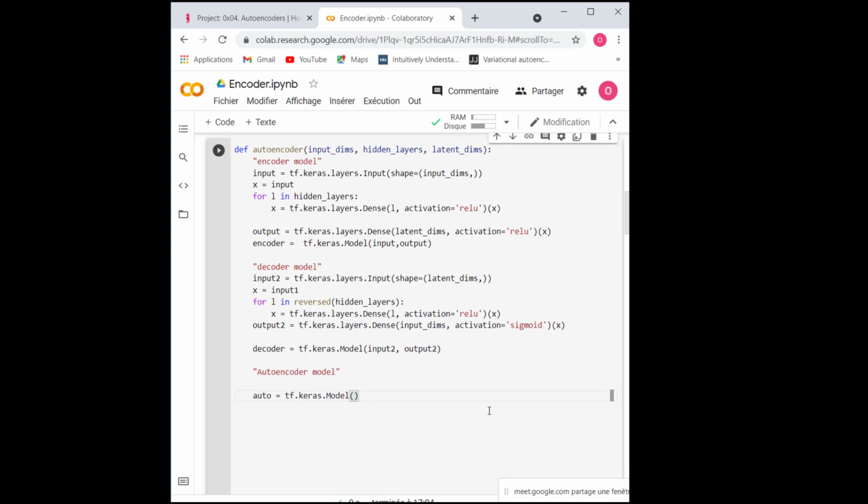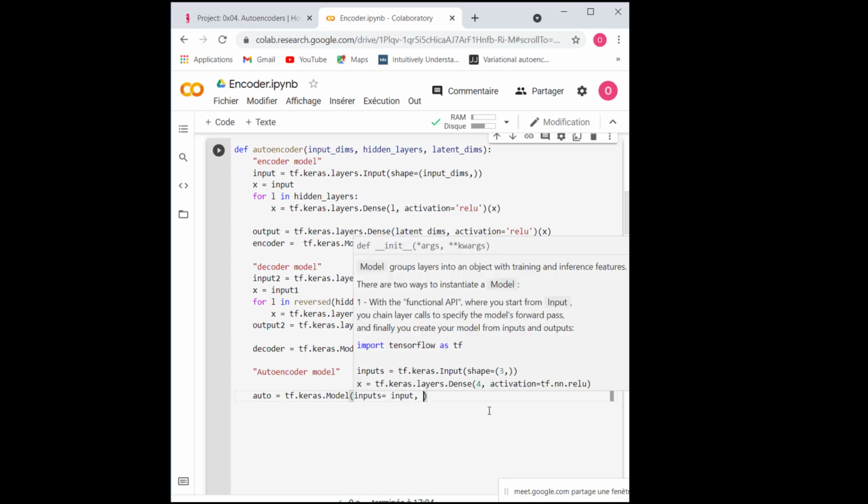So it's going to take as input, and as output it will be output. Okay, so here we need to do something. We don't need the output of my last layer of the decoder, but we need the model to wrap the encoder with in the decoder.